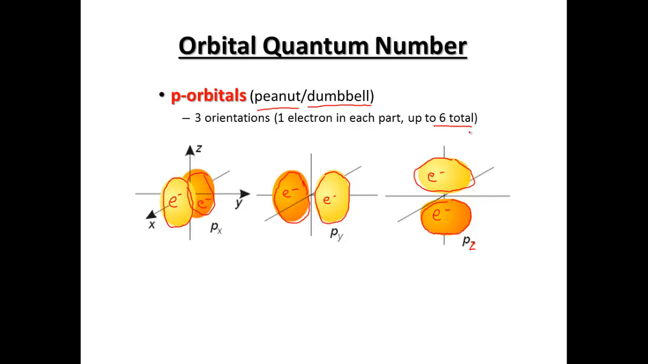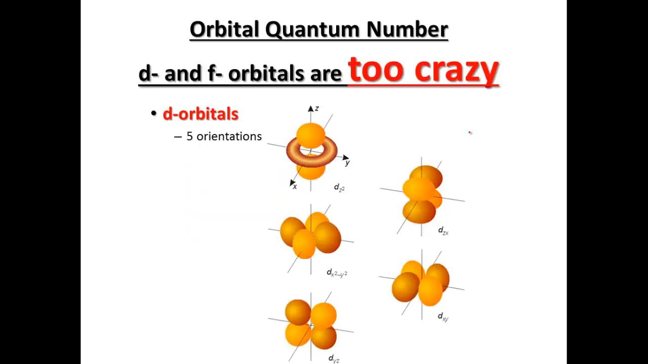2 electrons can fit maximum in the s orbital, and 6 total electrons maximum can fit in the p orbital. Now we do have 2 more orbitals. We said s, p, d, and f. What we need to know, the d and f orbitals, they're too crazy for us to worry about writing or